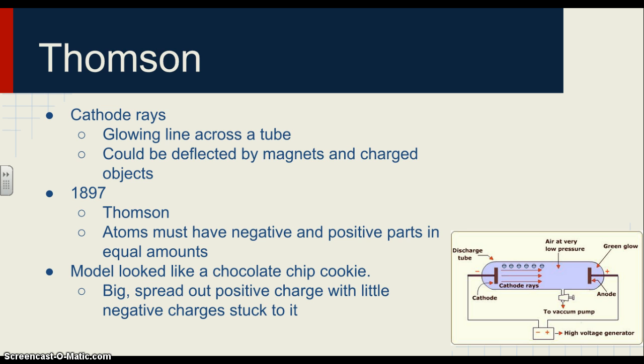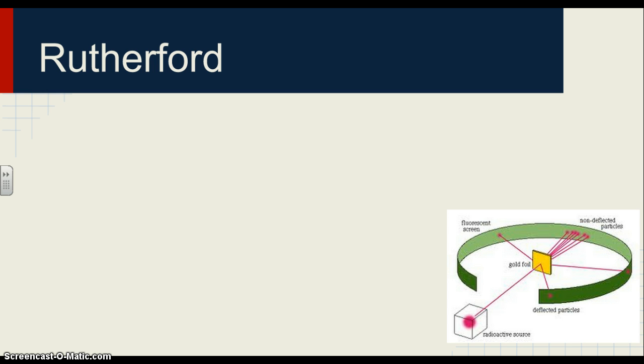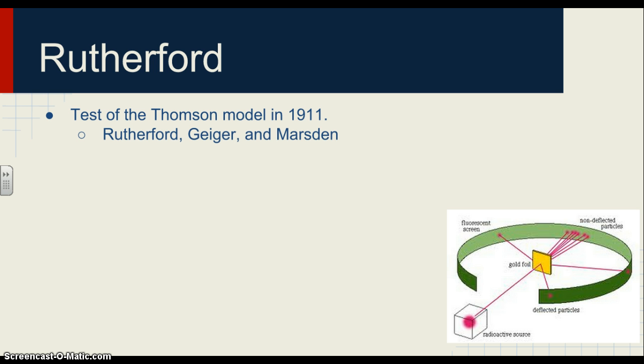And it works pretty well, because knowing that there's electrons really helps make some advances. But there's more change still coming. Fast forward, that was in 1897, so about 13, 14 more years up to 1911. In 1911, there's a test of the Thomson model being conducted. Rutherford usually gets the credit, but he didn't actually do the experiment himself. He had his assistants Geiger and Marsden do this experiment.